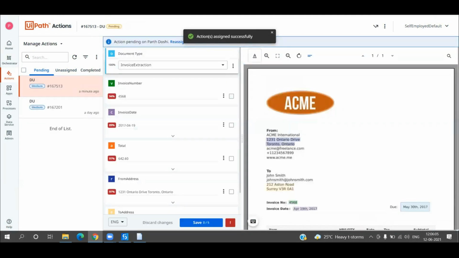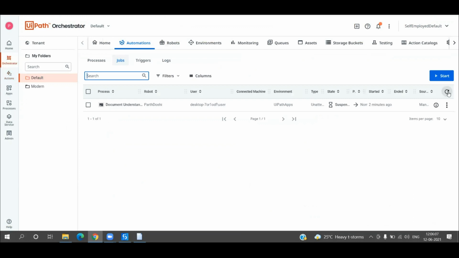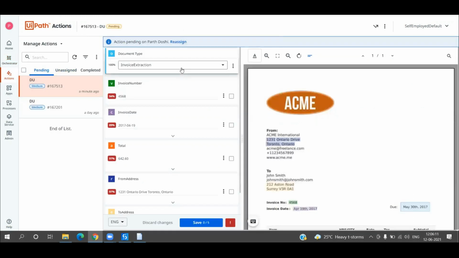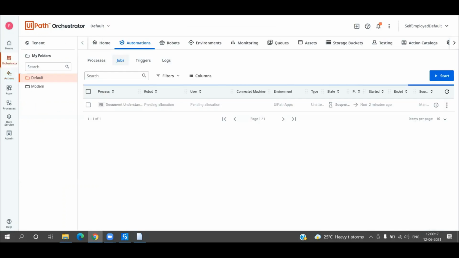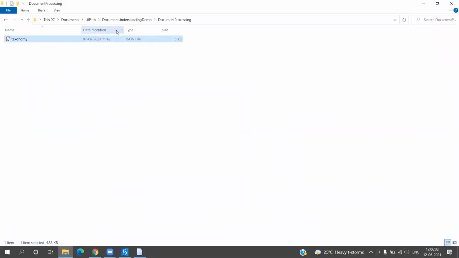Now, if you see, the job is still in the suspended state since the task has not been resumed. Now I'm going to resume the task, that is I'm going to save, continue and save, and now it should be going back into the running state. Now we might have an error because of my Excel installation within this system, but if it works, then we'll go directly to a successful state. Okay, so we have gone to the successful state, and now let's see the output that we have.